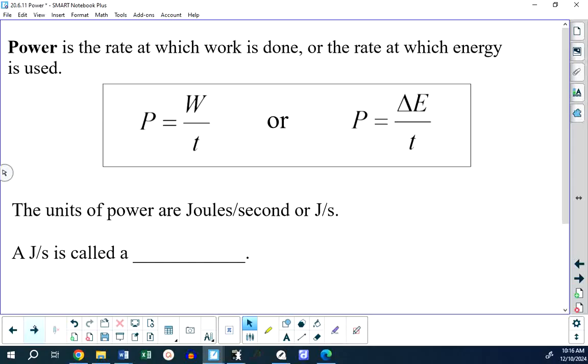But since work is change in energy, there's no difference between saying power is work over time or power is change in energy over time. Power is going to have units of joules per second. It doesn't matter whether you think of it as work over time: the units of work are joules, the units of time are seconds. Or if you think of it as energy over time, the units of energy are joules, the units of time are seconds. But rather than use joules per second, we use what's called a watt,